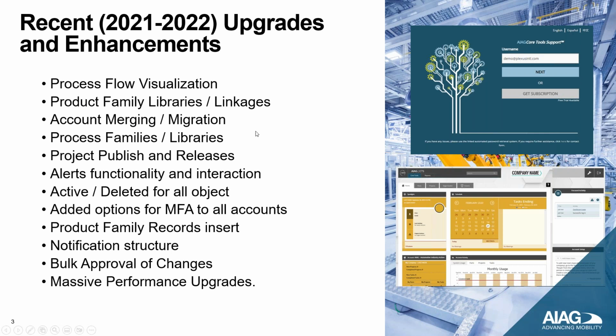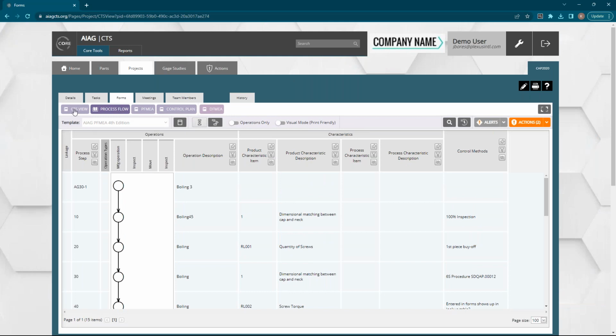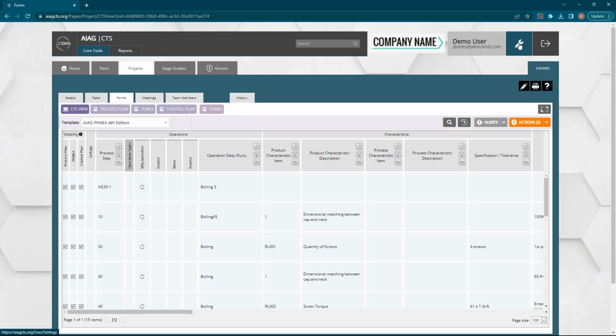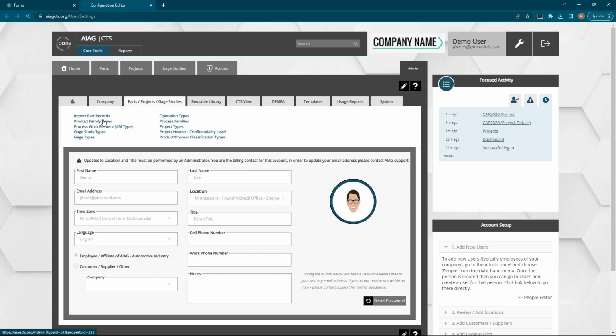Product family libraries and linkage. Now, of course, that was a big one, and something that was really much lined up. The fact that you have a lot of admin functions for this. So if I go into the product family types,